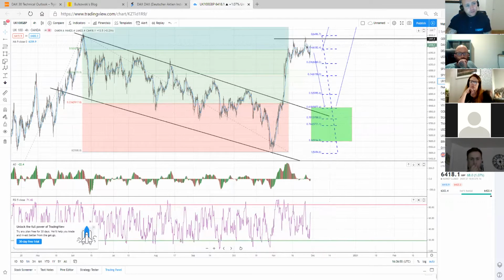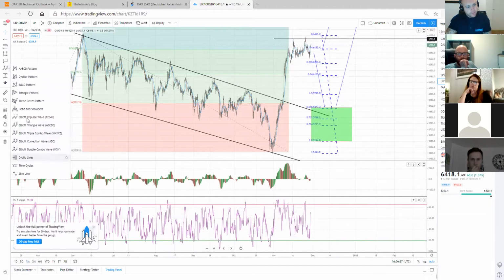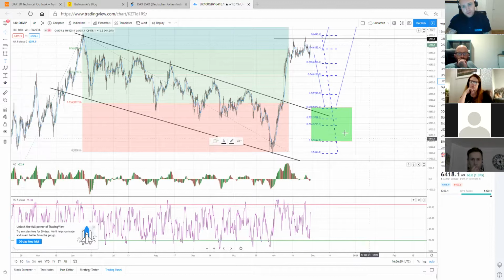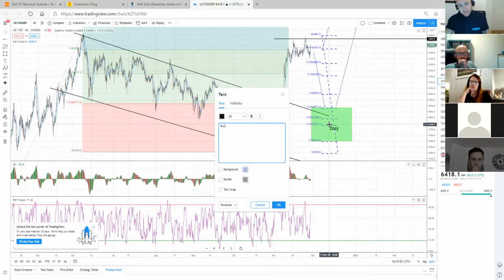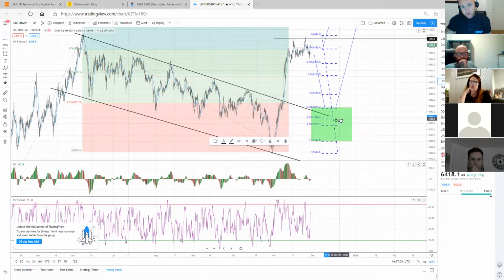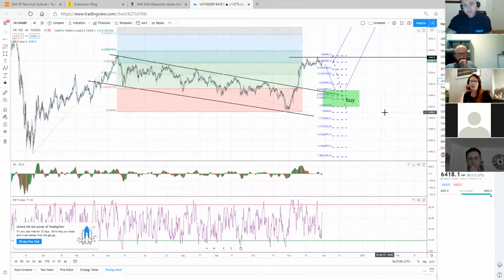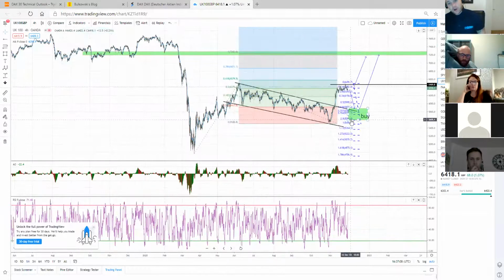If we can start entering around these levels, and feel free to do screenshots, but we'll post these in the Slack group anyway. We'll do a buy. So we'll be looking to buy this. And like I say, it's a safer option on FTSE, despite